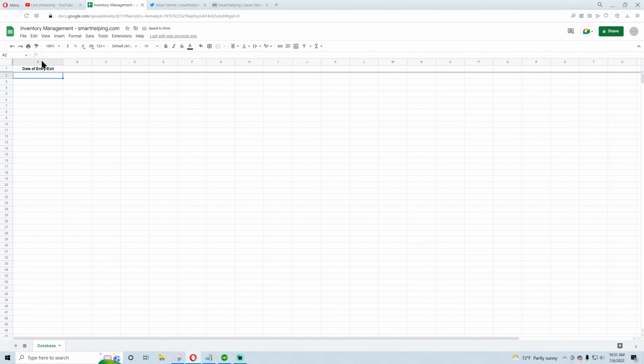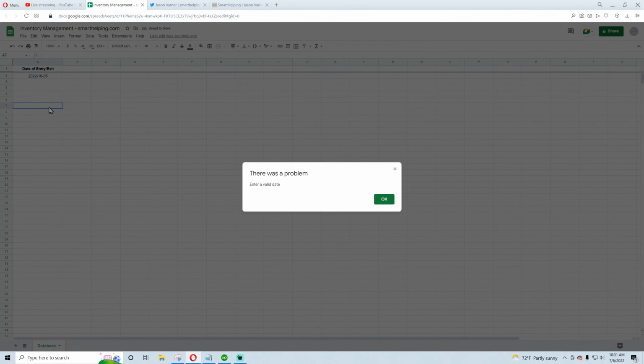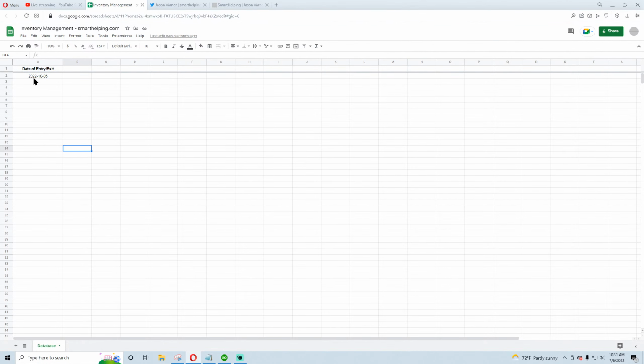So now we can delete the validation from this cell. If I'm in here, I can just double click this and now I can choose a date with the validation. Now if I put something that's not a date, it doesn't let me. That's a cool validation trick there with Excel or with Google Sheets. Now the formatting shouldn't really matter because you're going to be picking it from a calendar, but